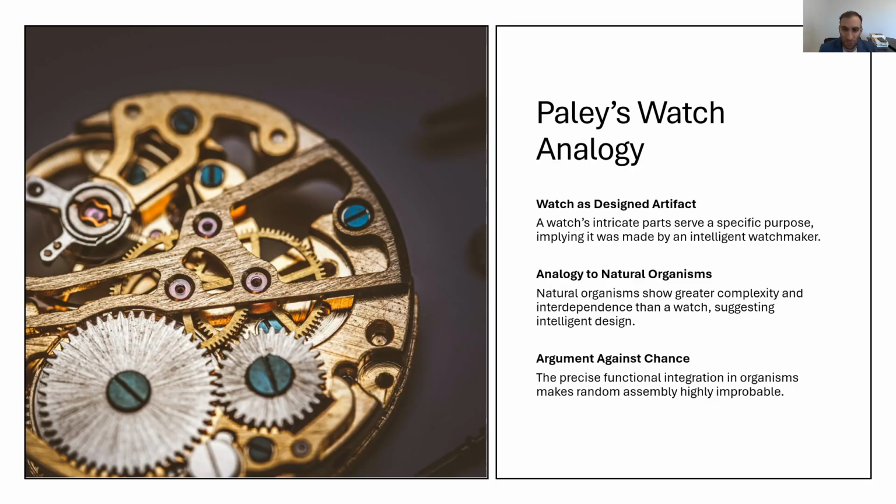Now here's the key move of Paley. The world is like the watch. All the different parts of the world work together. Planets orbit in an orderly fashion. The food chain is orderly, right? Prey tend to have their eyes on the sides of their heads so that they can see around them and avoid predators. Predators, on the other hand, have their eyes closer together so they can focus on finding their prey.